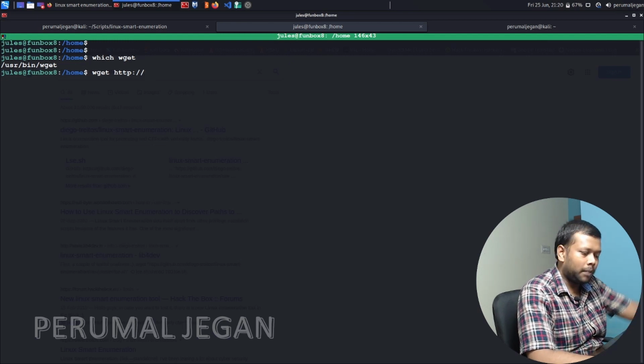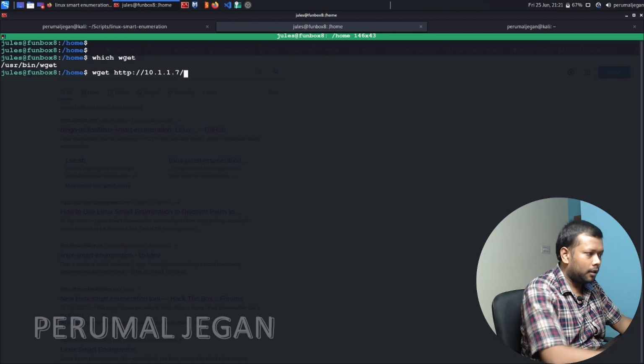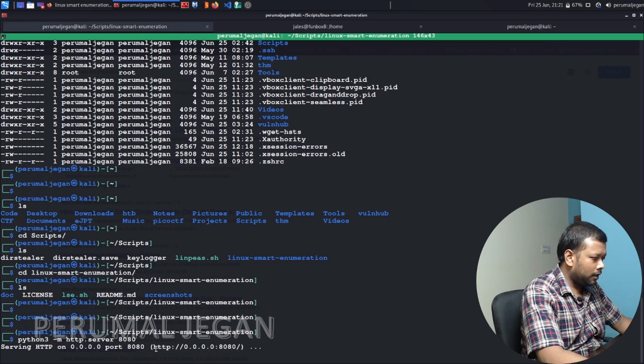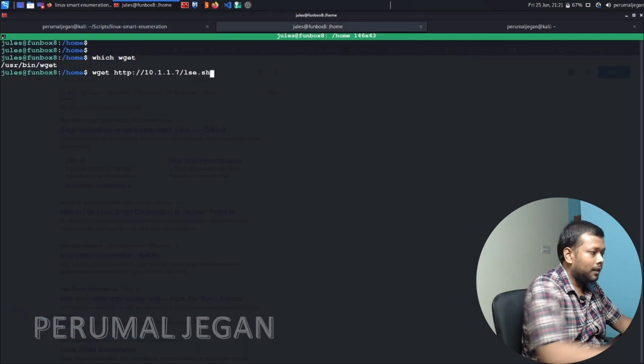I kept the script on my machine, the attacker machine, so the attacker machine IP is 10.117, and I'm running the HTTP server in this path. I need to specify the file name here, lse.sh.